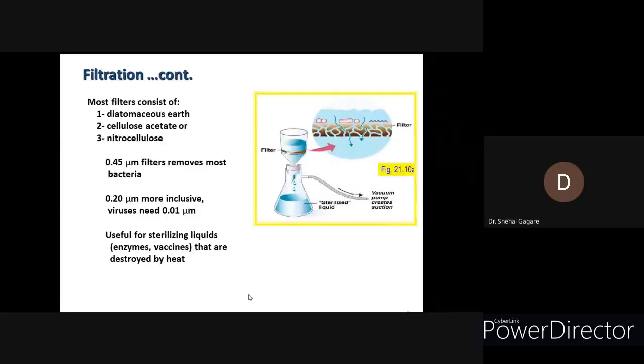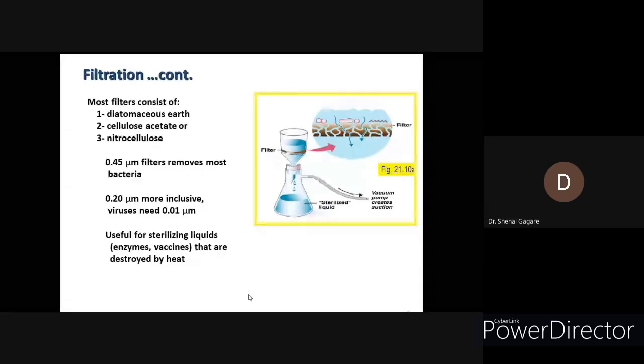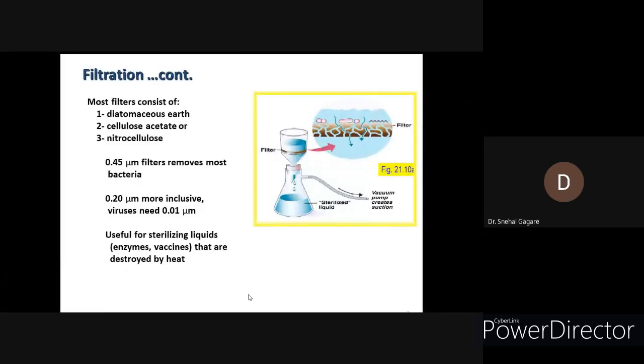The components which are used in tissue culture, which are heat labile components like enzymes, hormones, certain antibiotic solutions, for example serum in case of animal tissue culture, all these components should be sterilized. But they cannot be sterilized by using moist heat, right? Heat cannot be used as they are heat sensitive components. So we are using a different physical method for separating them, and that is the filtration method.